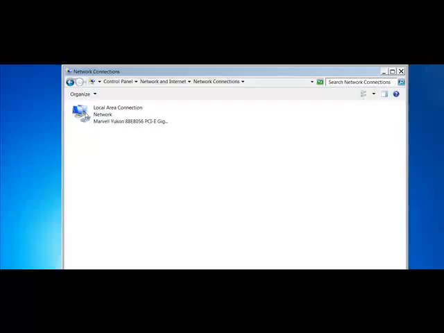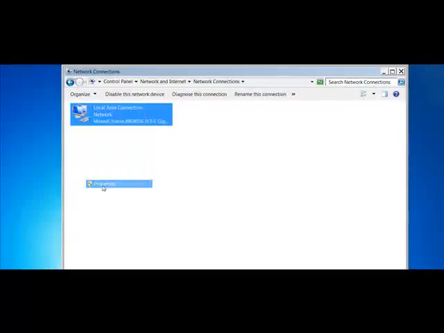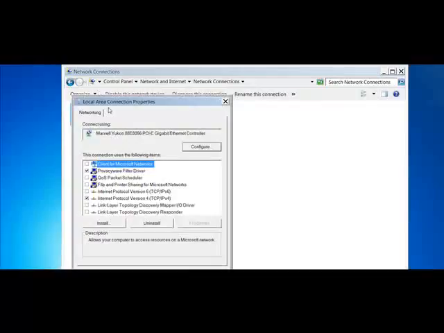If you put your mouse on it, right click and go to Properties, you will see your Local Area Connection Properties. So basically this is my Ethernet adapter for connecting to the internet. Now, because I am slightly more advanced than the